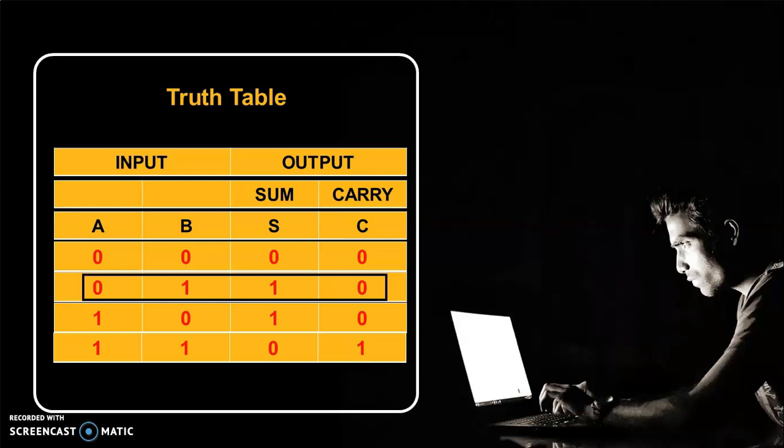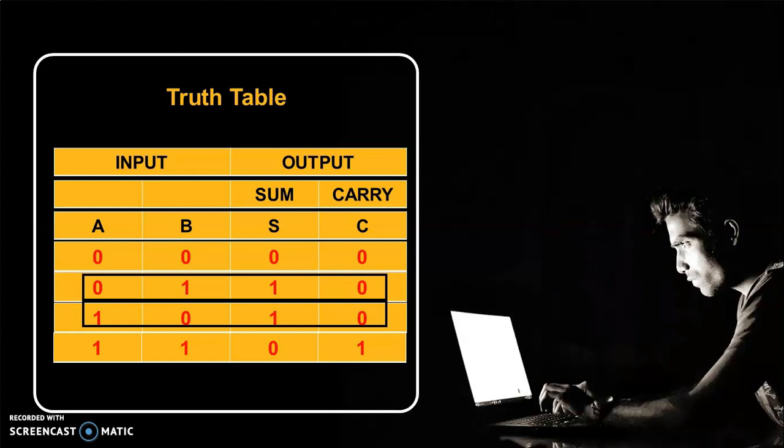First, we have to identify where the sum is 1. We require those conditions or those min terms where we have output or sum as 1. So we have two conditions, 0 1 and the second, 1 0. In both conditions we have sum or output as high or 1.